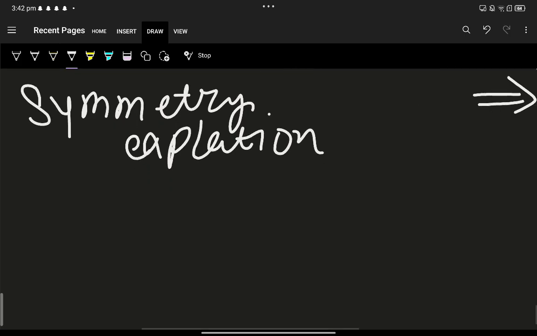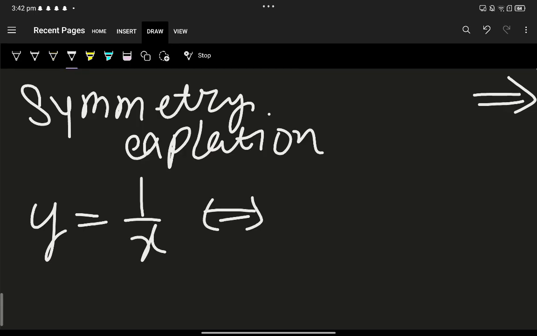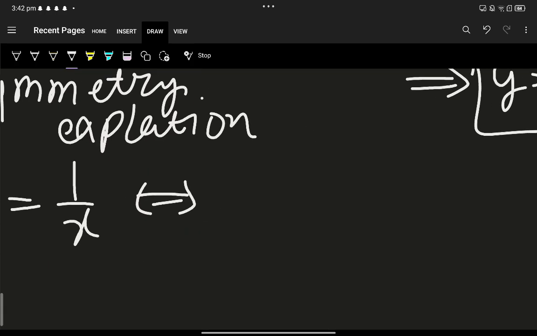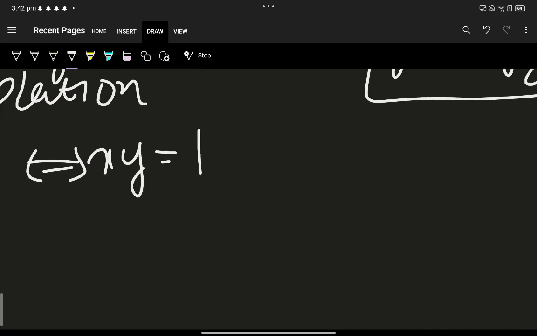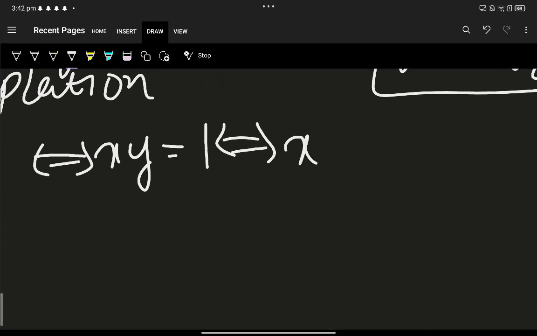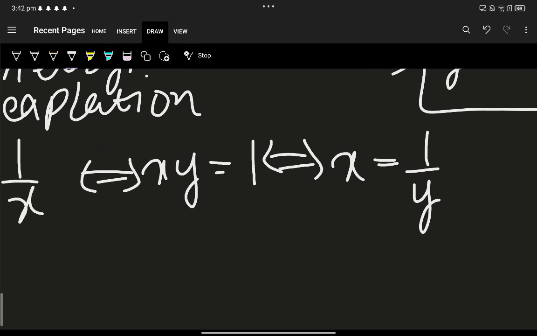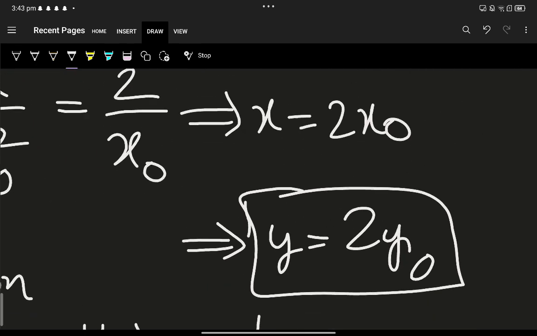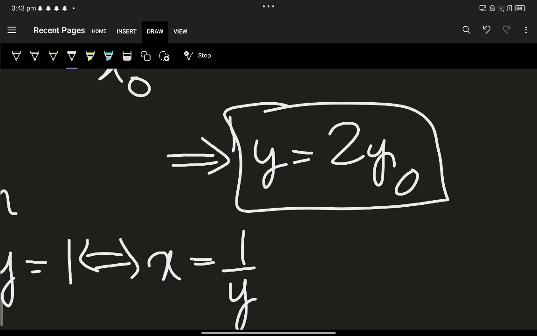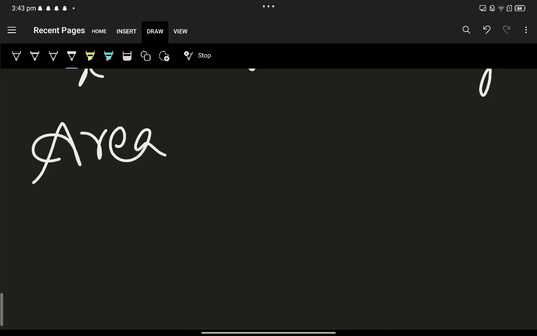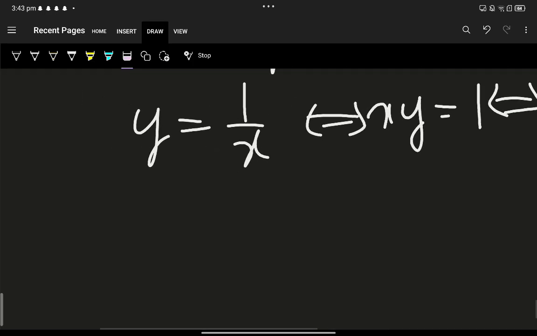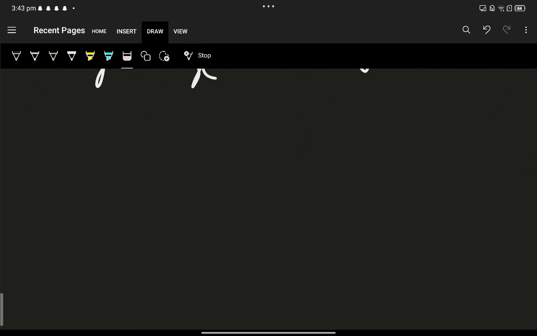Okay, we know that our function is y is equal to 1 by x, so I can just write that xy is equal to 1. I can just transpose it, and similarly I can also write, interchangeably, x is equal to 1 by y. And going with this logic, I can also write, if x is equal to 2x naught, then y will be y naught, and with this we'll find the area, right? So I'll just write, hence